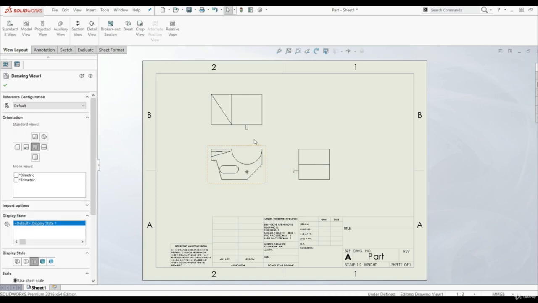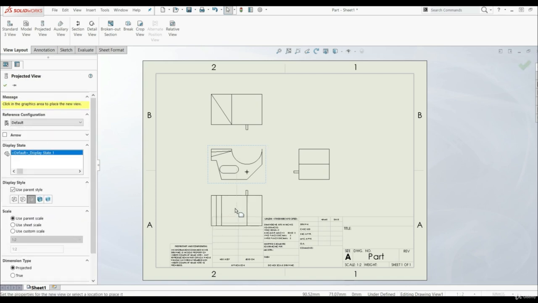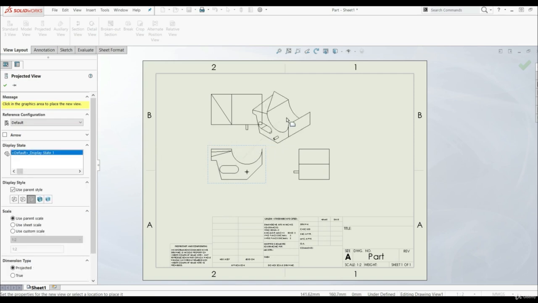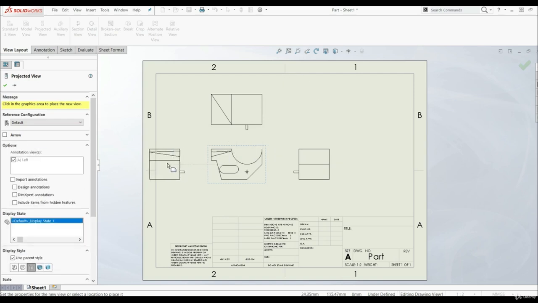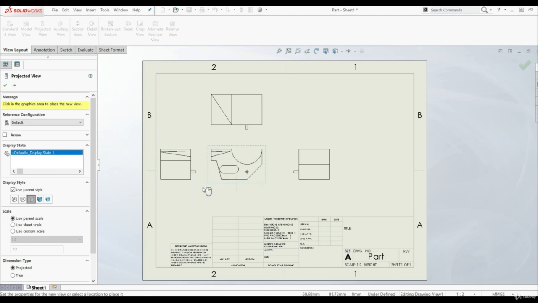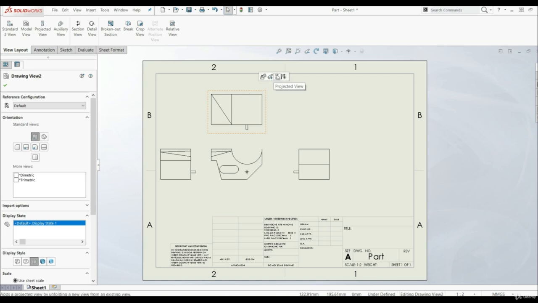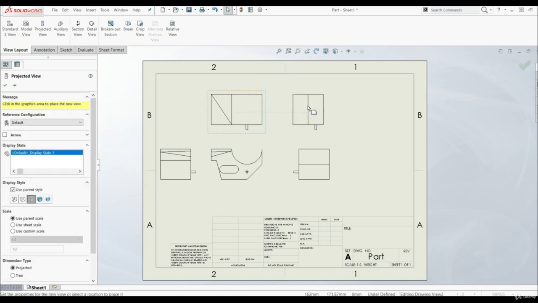And if you click again, projected view, if you go down, you have a bottom view, or if you go left, you have a left view, or you have isometric view. So let's make a left view and escape. If we click on this view, our top view, and if we go to projected view, then this